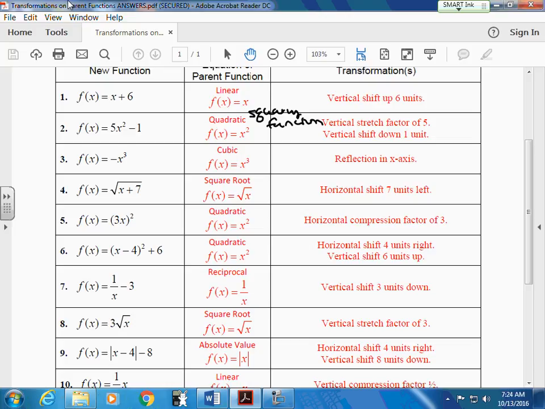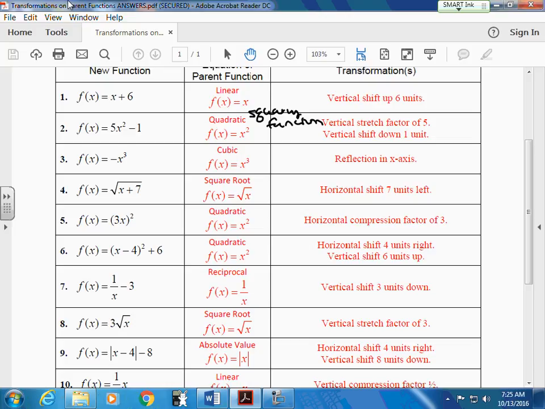Okay. Square root function, anything under the square root, inside the absolute value, inside the parentheses, is a horizontal shift. So I want to see horizontal. This is wrong. Theirs is wrong on this one. This is a quadratic or a squaring function